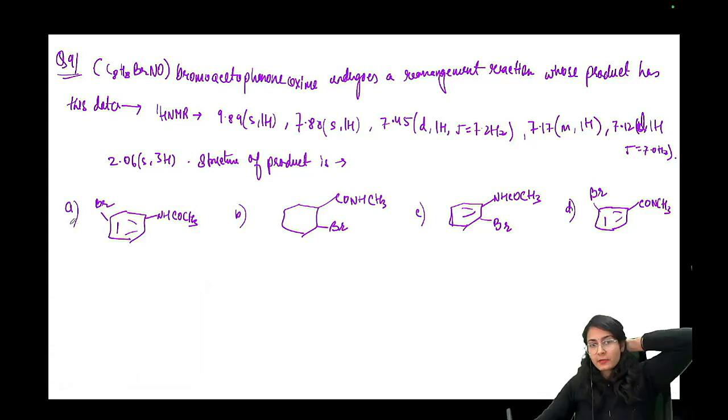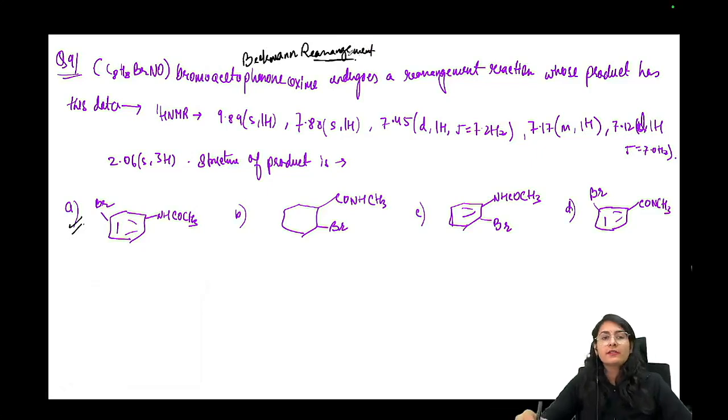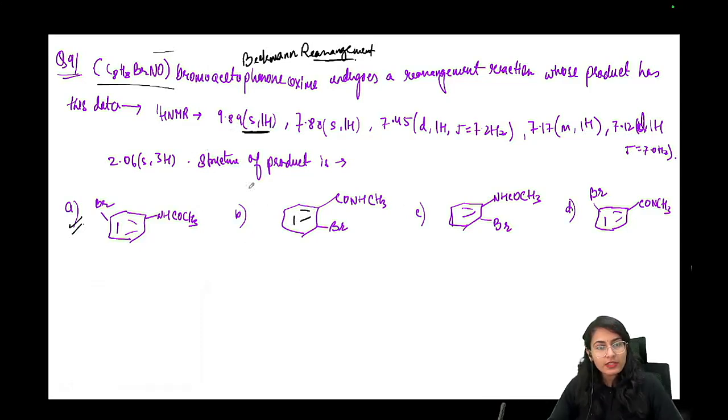So the answer is option number A only, and this is a Beckmann rearrangement. See, we don't have to try to draw the structure of this, it is not necessary. What we will do is decode the answer from the options only. So 9.89 singlet 1 hydrogen, what is this for? This is for the NH proton. 7.8 singlet 1 hydrogen, this is